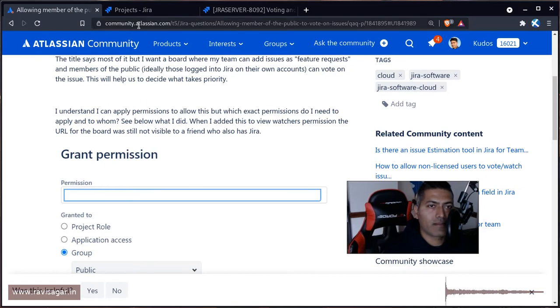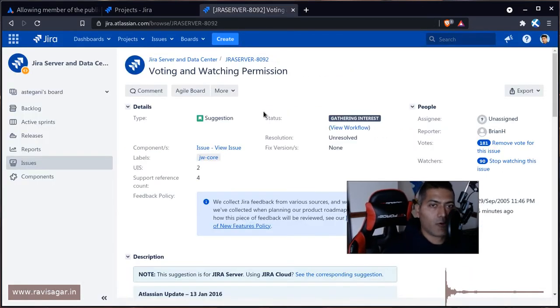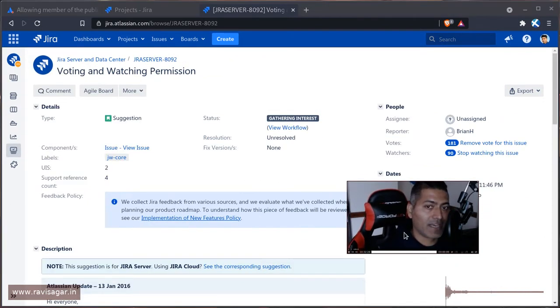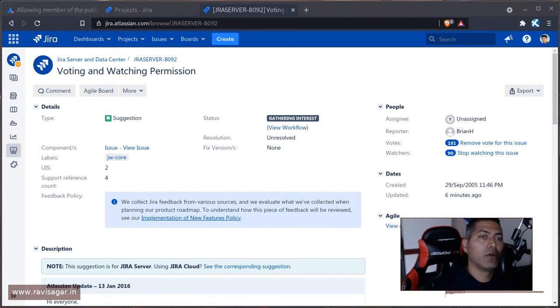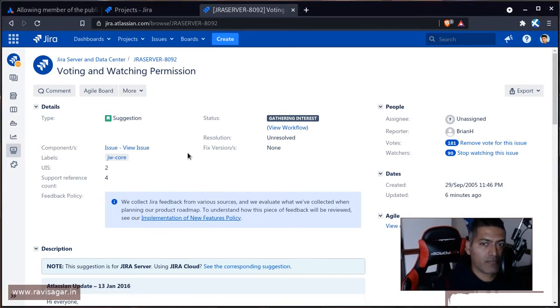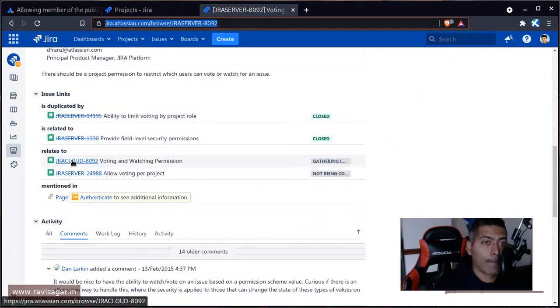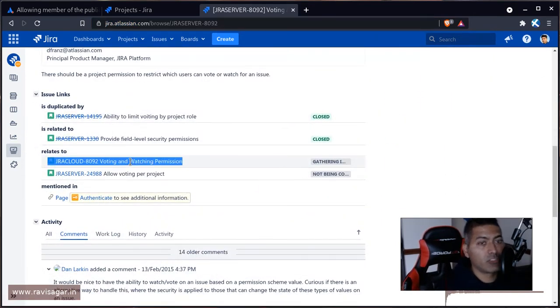And this is of course one feature request on Atlassian's own Jira instance. I highly recommend you first make sure that you have an account on jira.atlassian.com. If you look at this particular issue, there is a similar request for Jira Cloud as well, about voting and watching permissions.